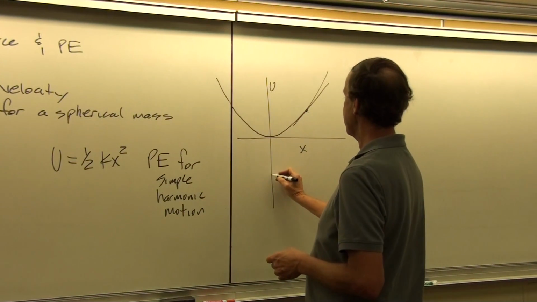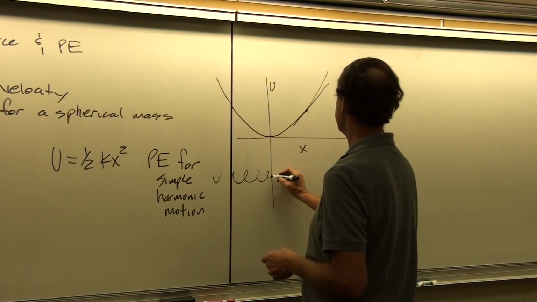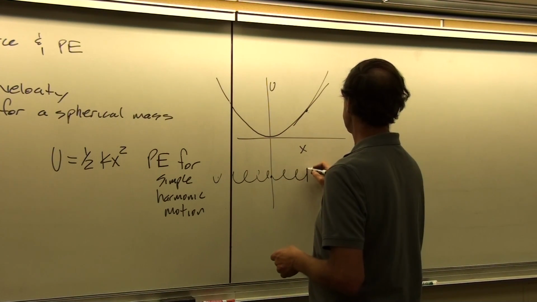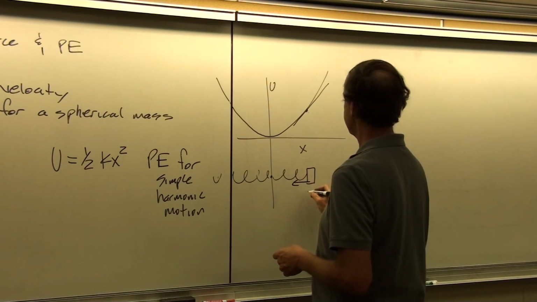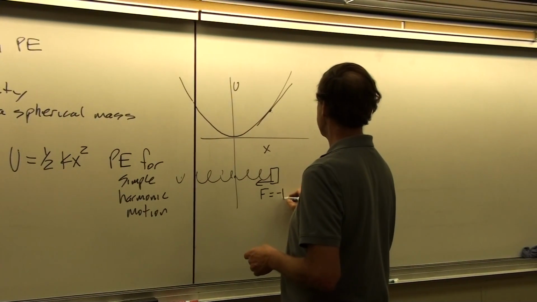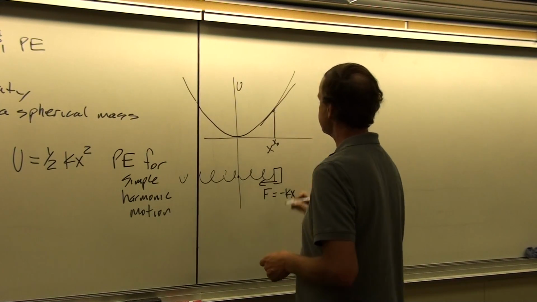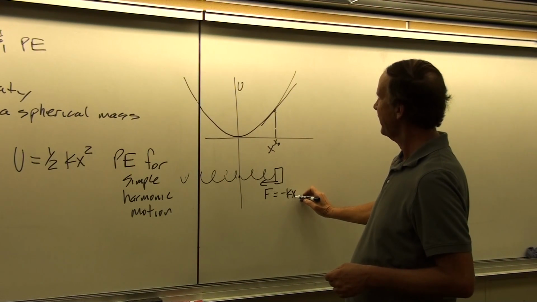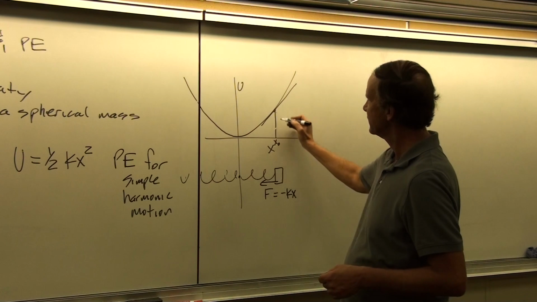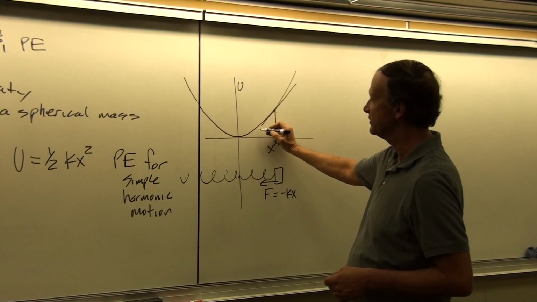And so if this is x equals 0, that's our unstretched length of our spring, and then we pull at a certain distance a away, like this, then we're going to get a restoring force which is negative, and that force is equal to minus k. We call this x naught if we want. And so we can see that this slope is equal to kx. But if we change the sign on that, that force function is equal to minus kx at this point, which is just the negative of this slope.